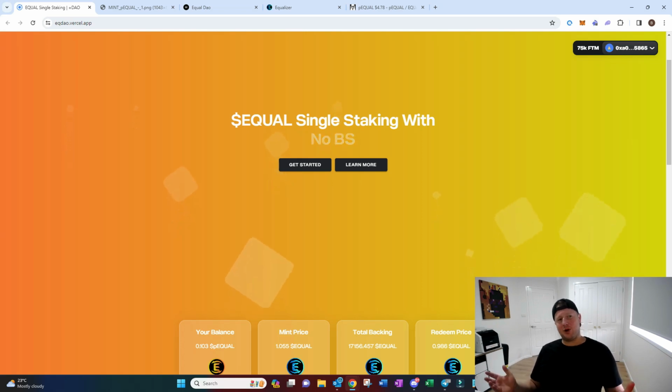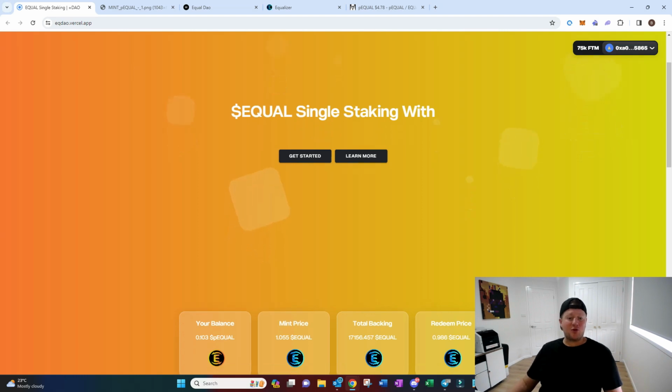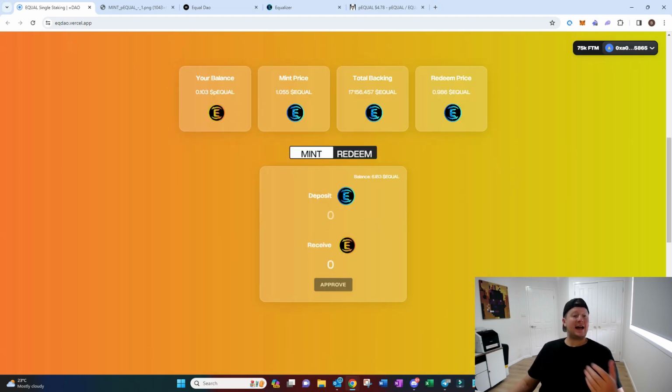DAO have released a product called pEQUAL. Okay, so I'm going to break it down to you. I'm going to run through, I'm going to show you exactly how you can mint this pEQUAL, and it's a bit of a combination between